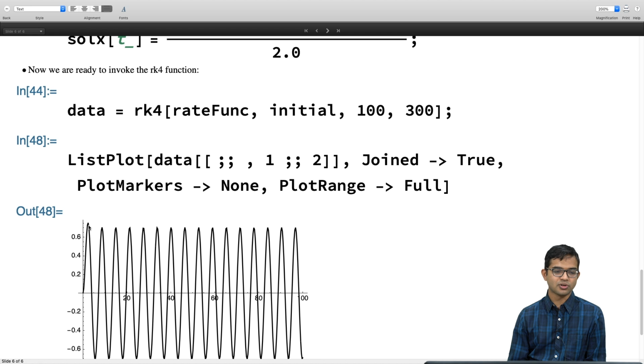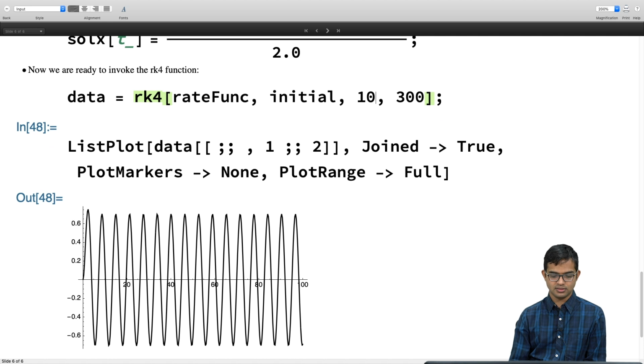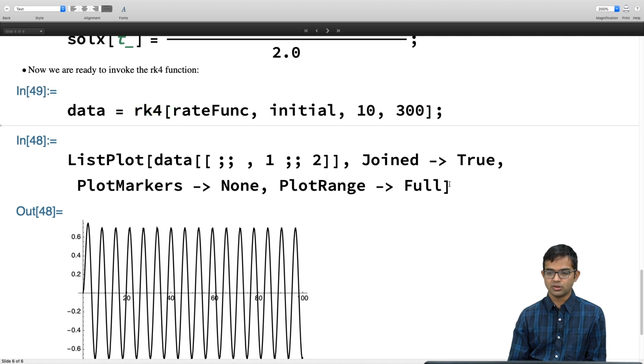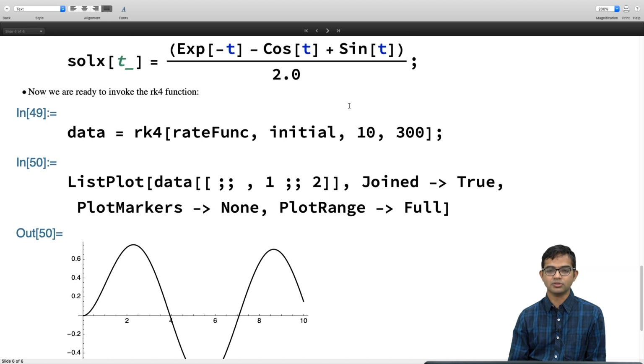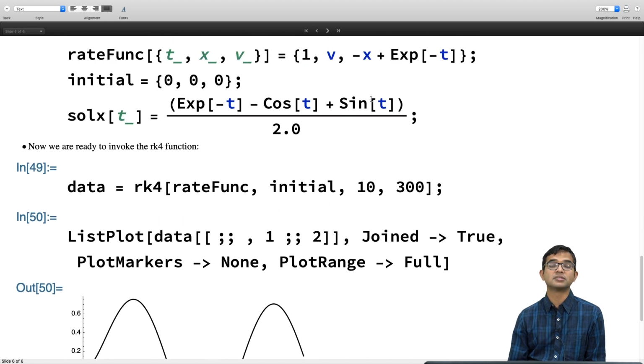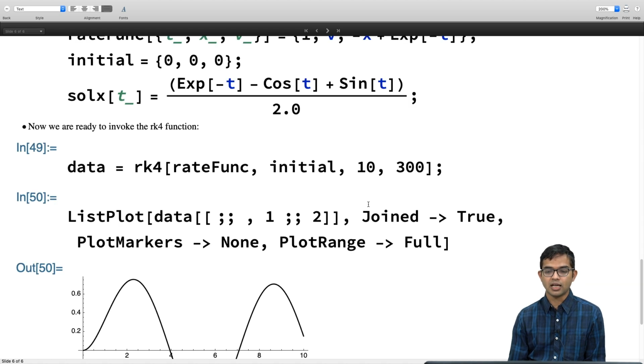Indeed it starts off trying to do this exponential decay, but this is a very small effect. It's going to be there only for a very short time. So instead of 100, if I had made it just 10, then perhaps this would be more exaggerated. So there you go. Initially it seems like it is going to keep on decaying, but it's not going to fall below a certain value, because this cosine of t plus sine of t will kick in for large t, and exponential of minus t will basically become irrelevant as time becomes large.